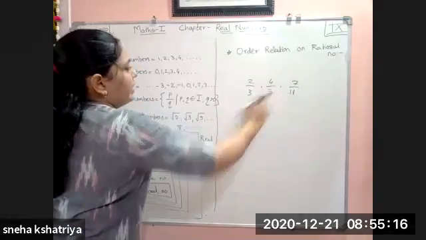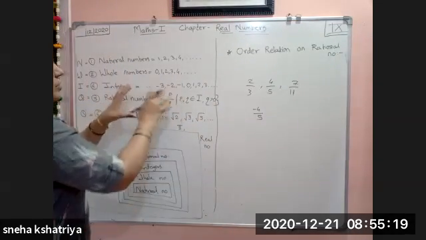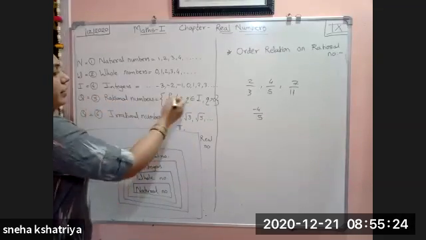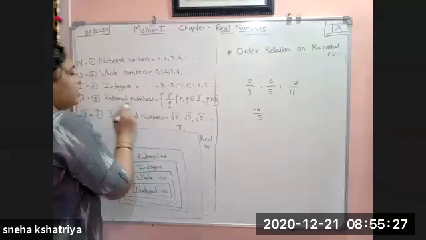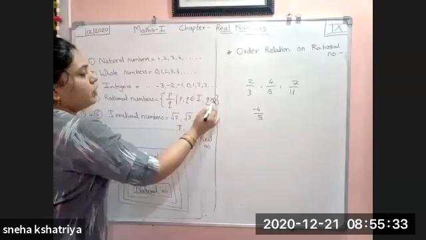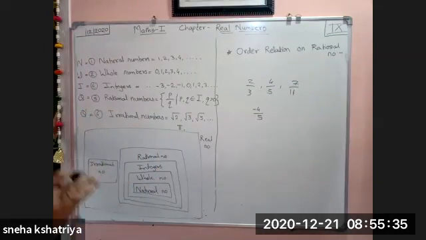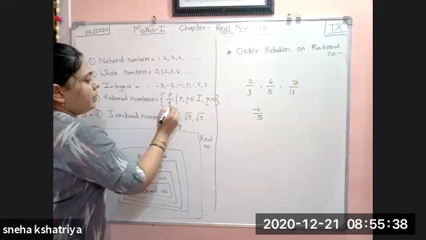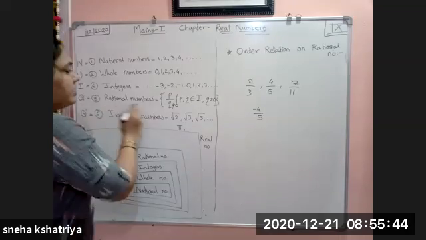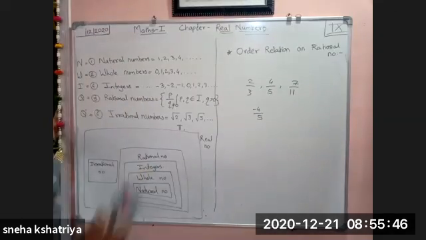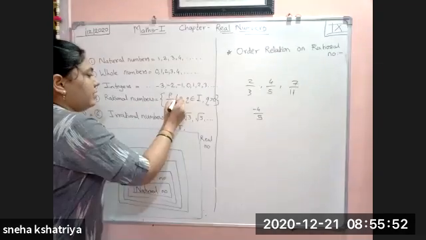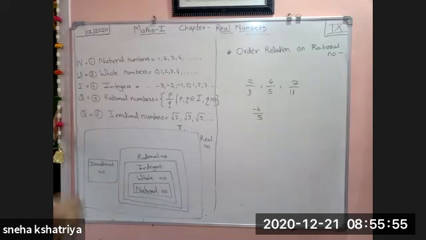So here we can take such kind of examples. All the numbers we can put are multiple, so they are converted into a set form to make it very easy. So rational numbers are in the form p by q, such that p and q belong to integers, and q is greater than 0, meaning q is never 0. The denominator is never 0. You have to remember in rational numbers that q is not equal to 0, or you can say q is greater than 0. So this is the set of your rational numbers.